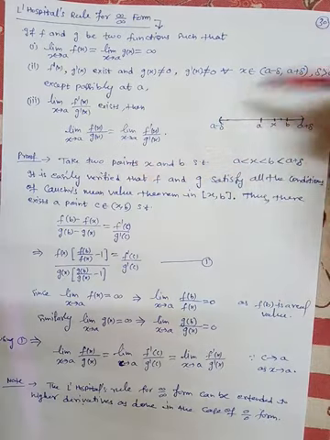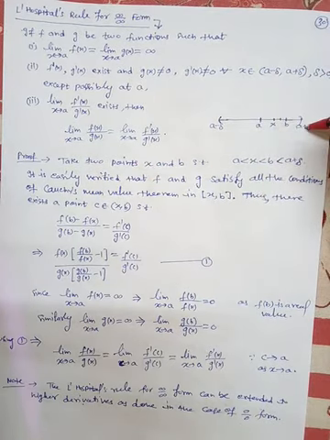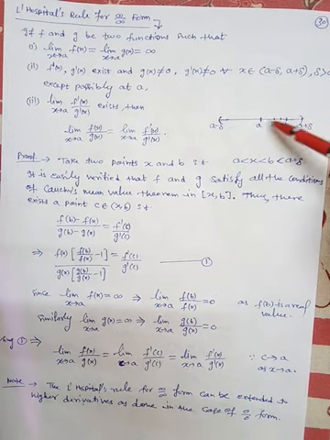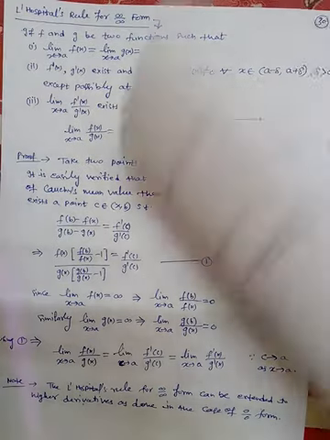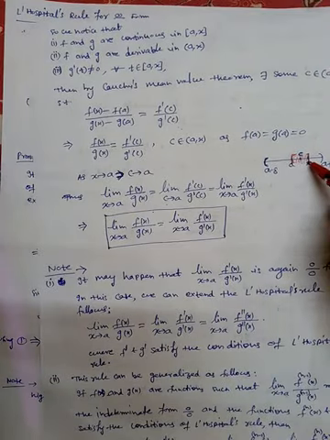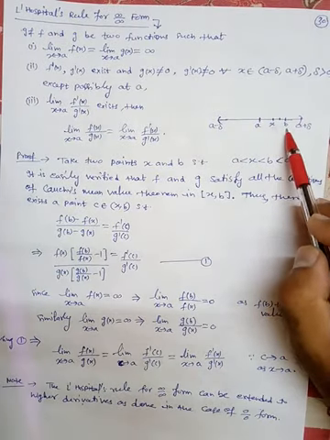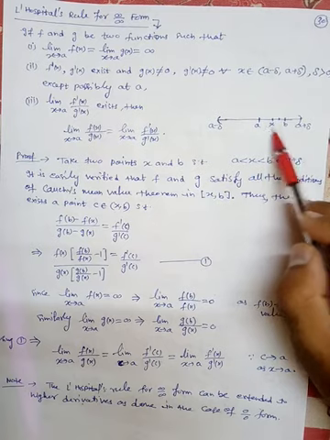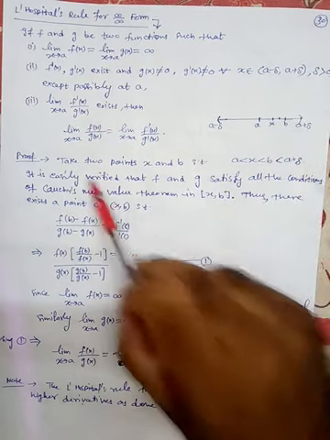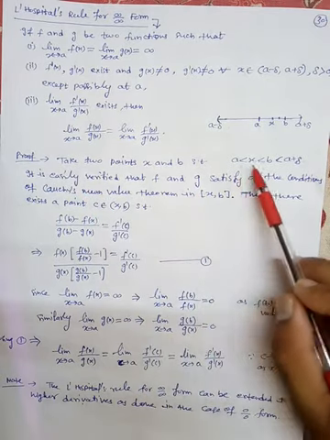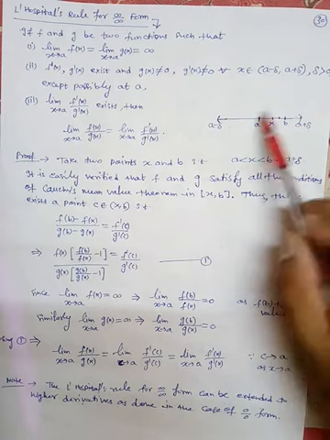Proof. Consider again this interval from a minus delta to a plus delta. Now here consider 2 points in this half interval. In the previous case, we had taken only 1 point, x. However, here we consider 2 points, one is x, another one is b. So take 2 points x and b such that a is less than x is less than b, and b is less than a plus delta. That means this scenario.